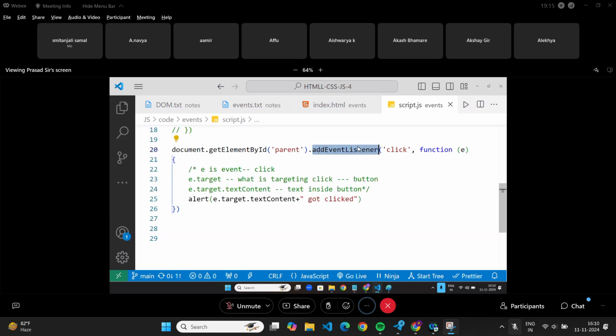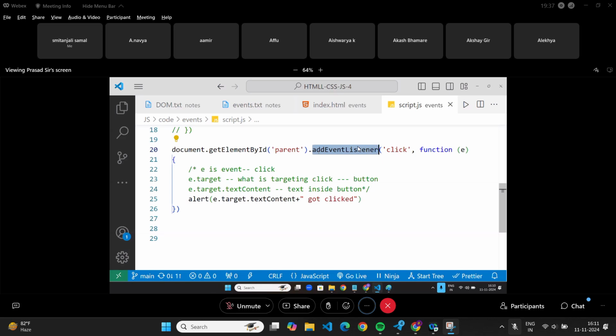Imagine from a nested child, it comes to the parent, parent, parent. That is called bubbling. Bubbling means child to parent, all the way to the end. You can also do the reverse, which is called capturing. By default, bubbling will be there. We already did that process.